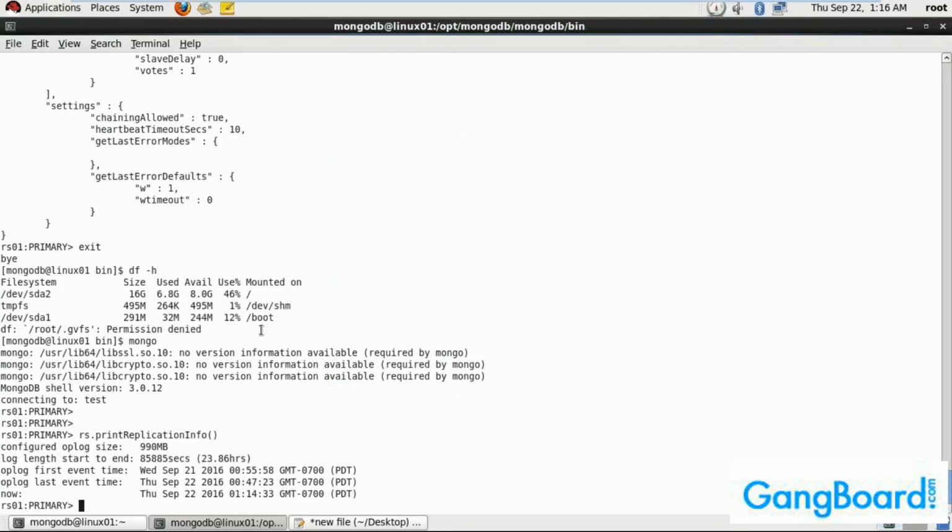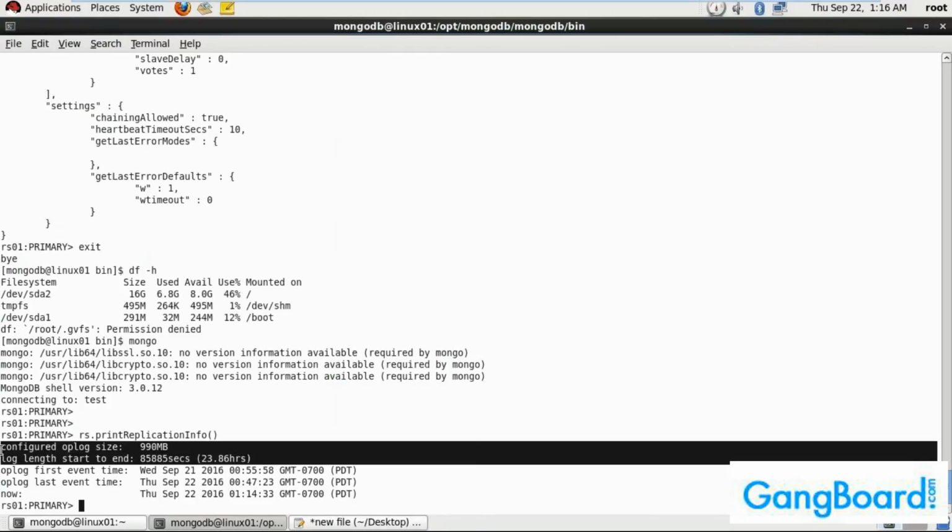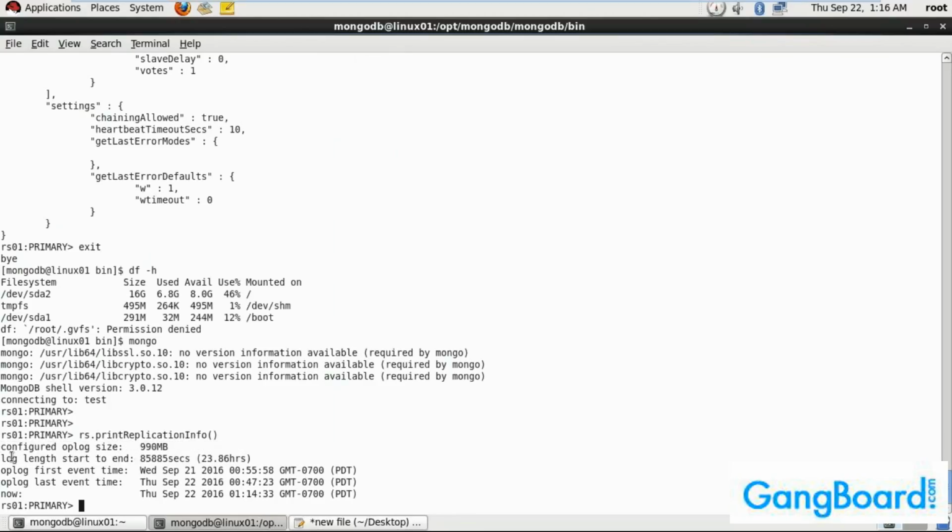So if you want to change it, because as of now we have only a few transactions, that is why it is holding 24 hours of data in the Oplog size. But if you want to increase it, if you have a big Oplog and it holds more hours of data, then it is good